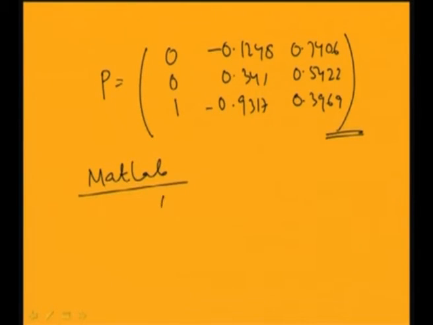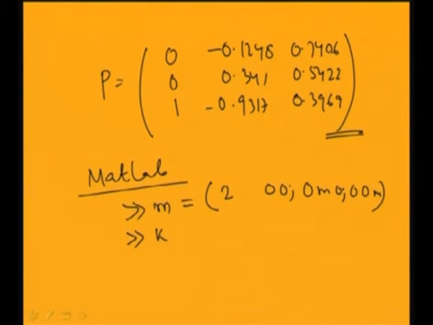So here you just write A matrix. In your MATLAB prompt you can write M equal to, let you are taking 2 0 0, 0 M 0 and then 0 0 M. So this is the mass matrix M, and you can write the stiffness matrix K. K you can write equal to 2 minus 1 0 semicolon you can give here. So this is minus 1 2 minus 1 and then 0 minus 1 2. So this will give the stiffness matrix.